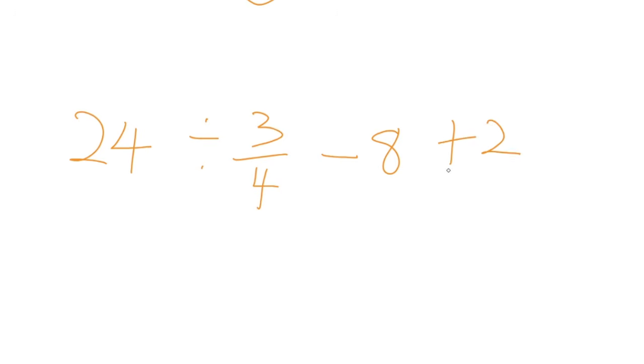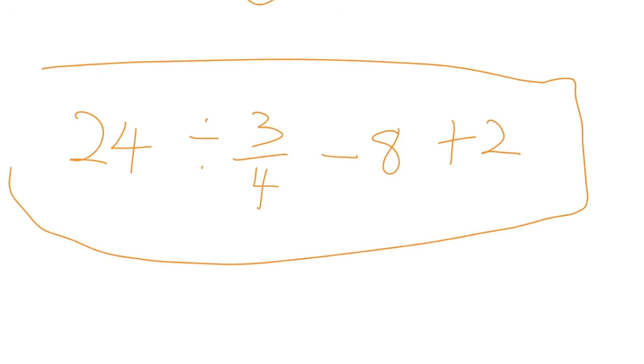Now it's your turn. Try this. Solve 24 divided by 3/4 minus 8 plus 2. 24 divided by 3/4 minus 8 plus 2. When you find your answer, drop it in the comments. Let's see who truly understands both golden rules, both the PEMDAS and the